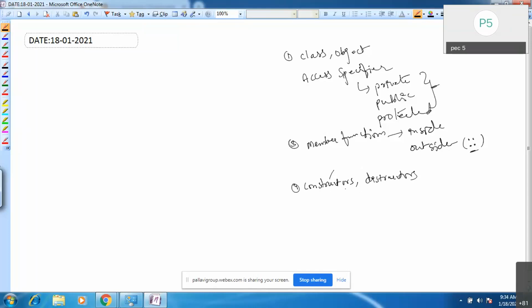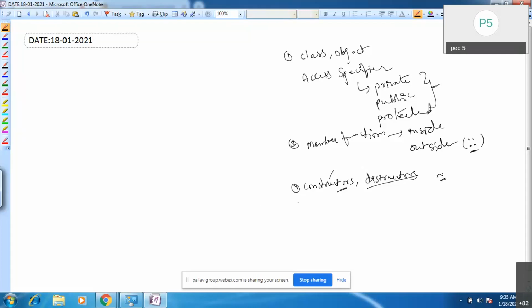Tell me what is the use of this constructor. Constructors are used to initialize the objects. Destructors are used to destroy your objects. Destructor is also similar to constructor only, but additionally we'll use the tilde operator. The destructor name is the same as the class name, which is used to destroy your objects.